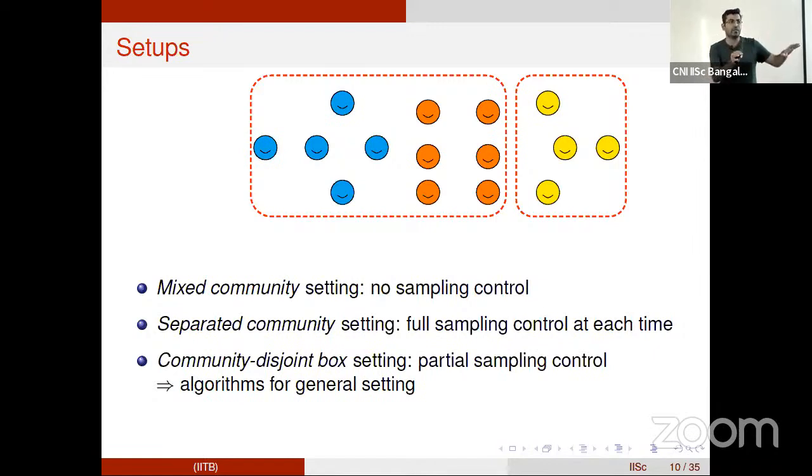There might be multiple communities in the box, but all the individuals belonging to a community are in one box. You can go to more general settings, but in this talk, I'm going to mainly focus on these three.